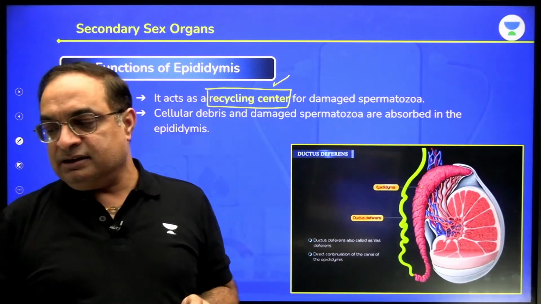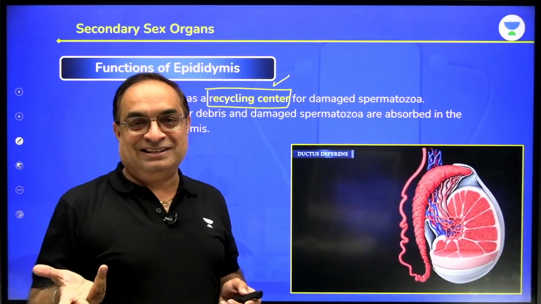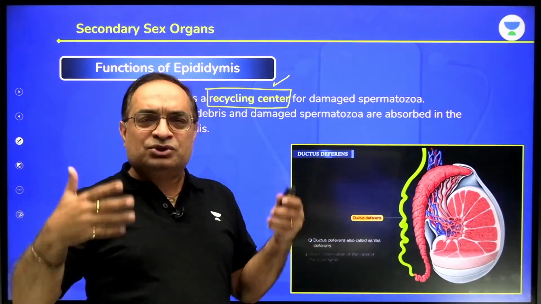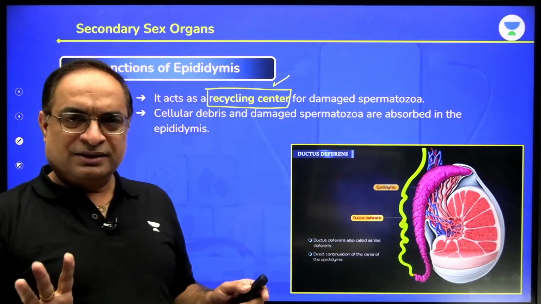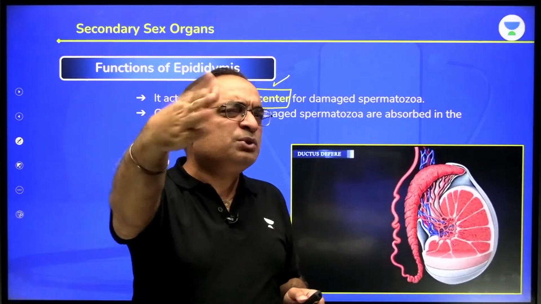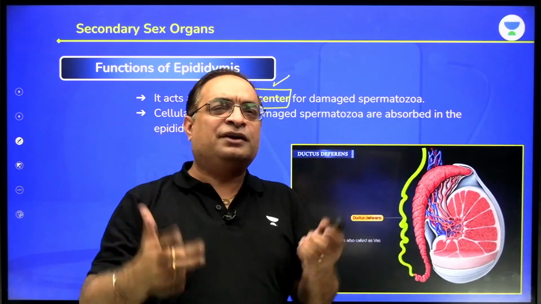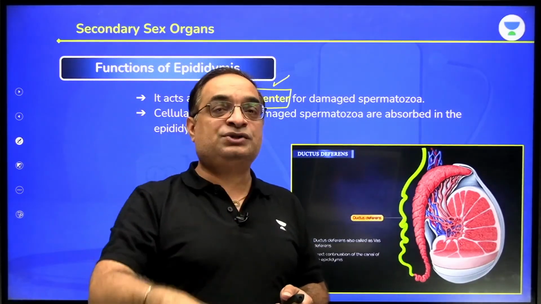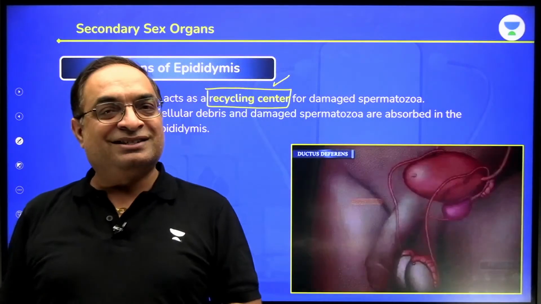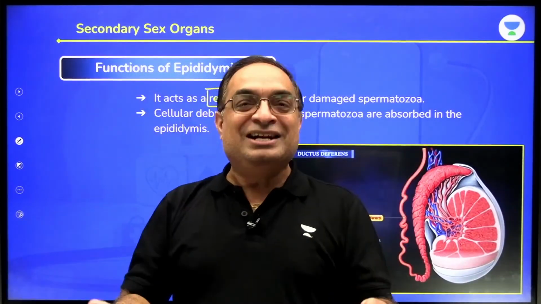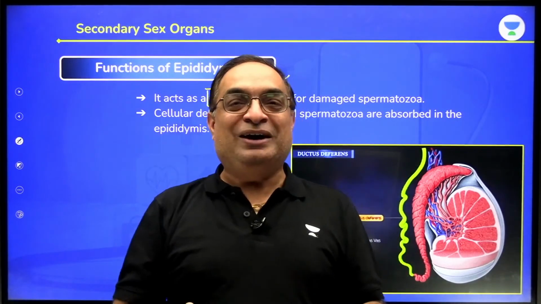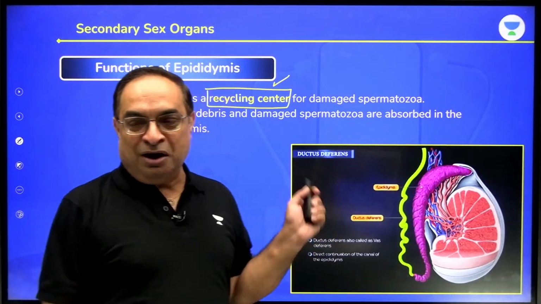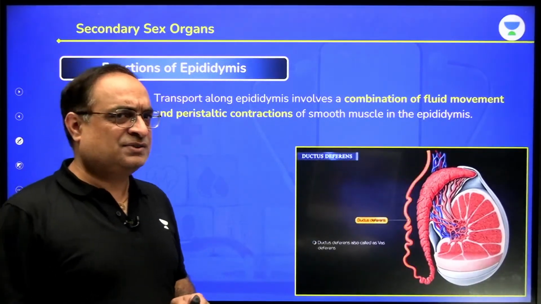Fazan says seminal gland secretes fructose. Fazan, we also know seminal vesicle secretes fructose. Till the time I ask you something, don't keep on shouting that you know something. Just relax. In the chat box, nobody is going to appreciate Fazan because Fazan knows what fructose is and where it is secreted. Once Dr. Sachin asks you which sugar is produced by seminal vesicles, then you answer this. You need not show what knowledge you already have. If you are so knowledgeable, then you need not attend these lectures. Fazan, was that a good answer for you or not? So no over smartness in the classes, right?